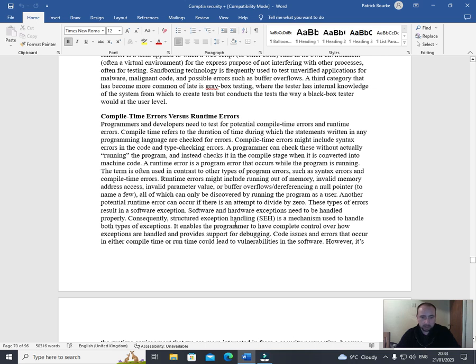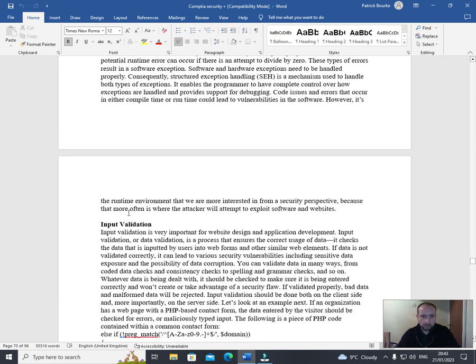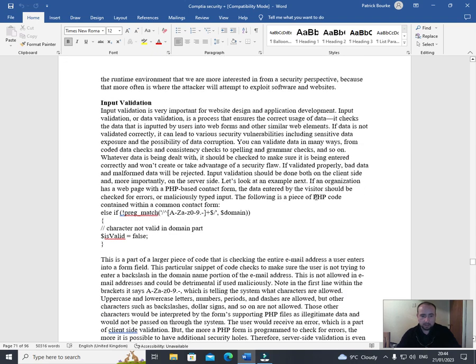Consequently, structured exception handling (SEH) is a mechanism used to handle both types of exceptions. It enables the programmer to have complete control over how exceptions are handled and provides support for debugging code. Issues and errors that occur in either compile time or runtime could lead to vulnerabilities in the software. However, it's the runtime environment that would need to be more interesting from a security perspective, because the more often it